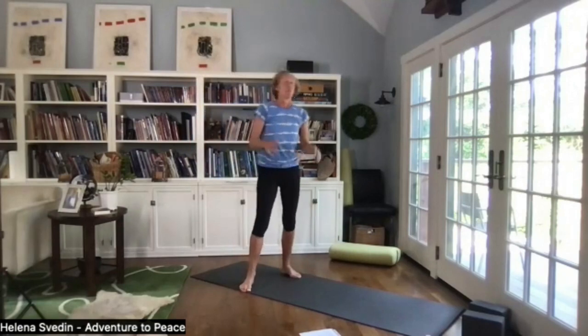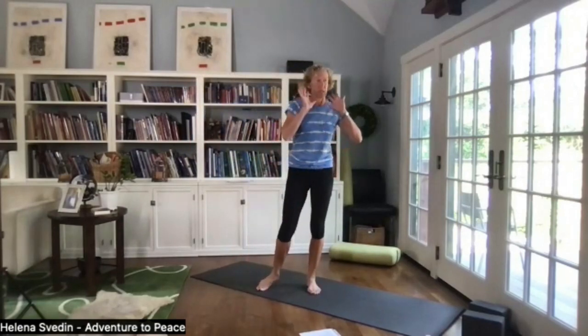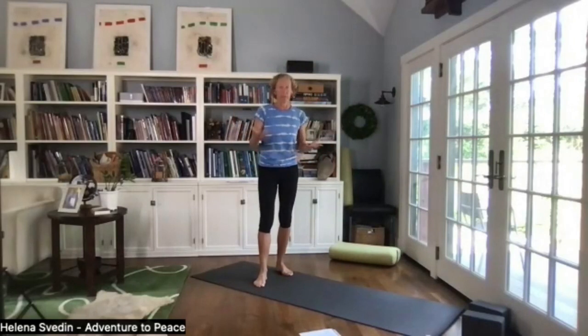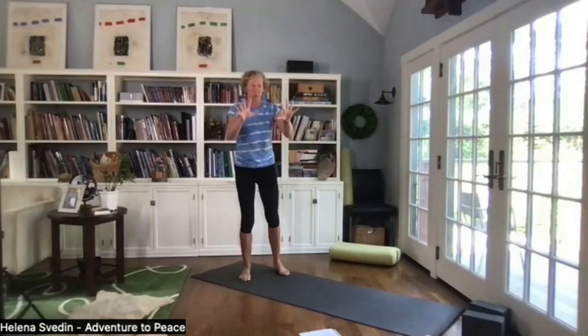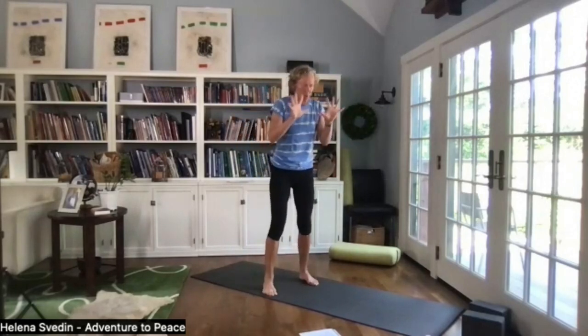Okay, now we're gonna push away an emotion or something we don't want to create space for something that we want. So I'm just gonna pick fear. So whatever the opposite is to you, to fear, you pick that one. So first we're gonna imagine fear, give fear a color, use your hands and push it away, push it away,